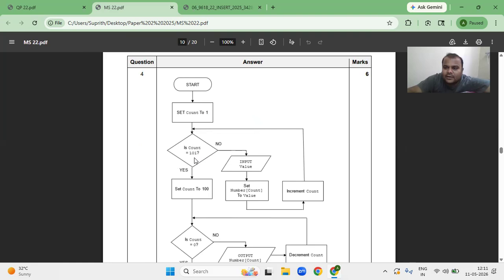If it is 101, no means I can enter an input value, then set the counter to the value one by one and increment the value. It keeps on running until the value becomes 100. If it is more than 100,